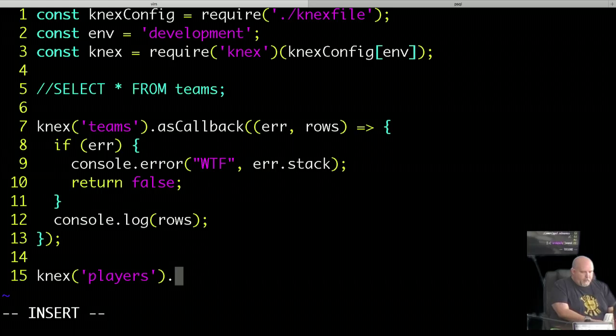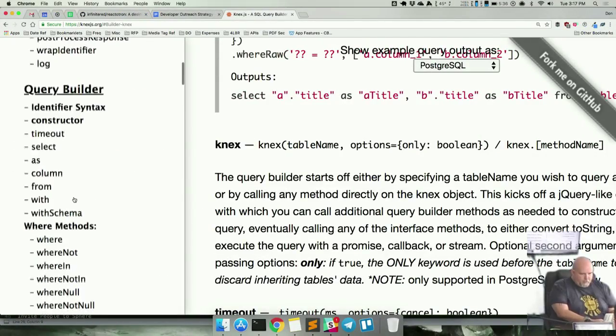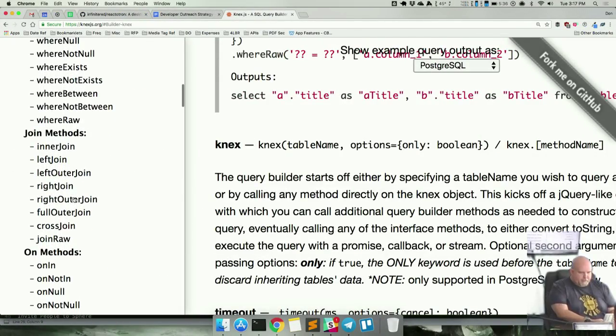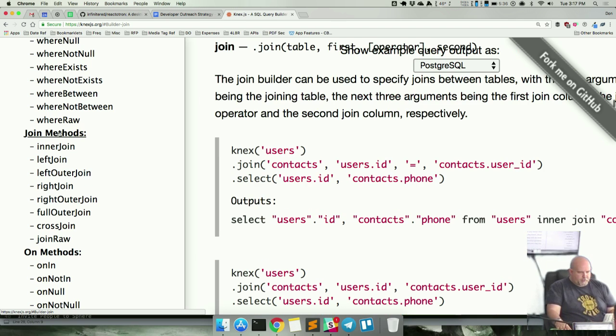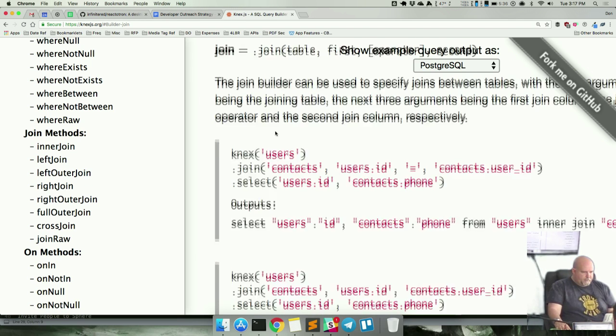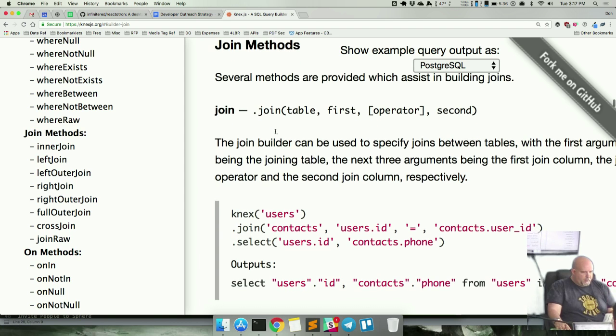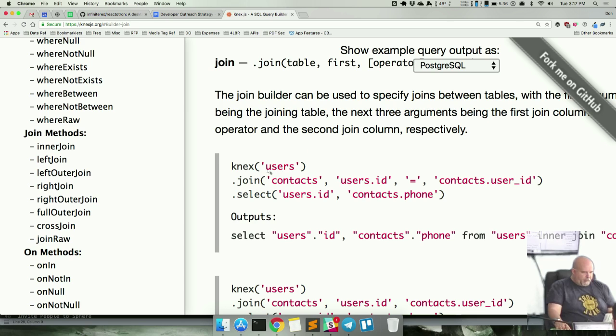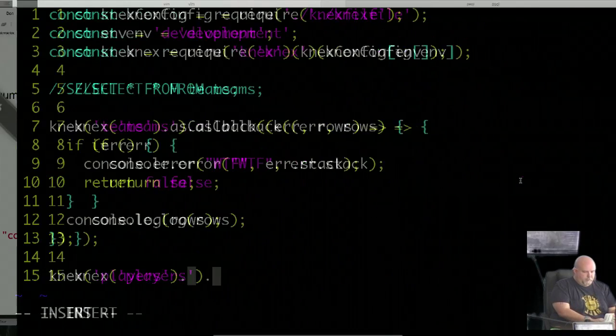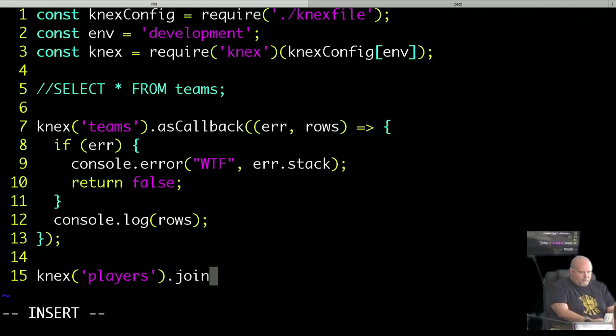Players, and then Knex gives you a pretty decent amount of documentation on how things work. So they have a join builder. For example, here's Knex users, so that's selecting from the users table, .join contacts, users.id equals contacts.user_id. So we can